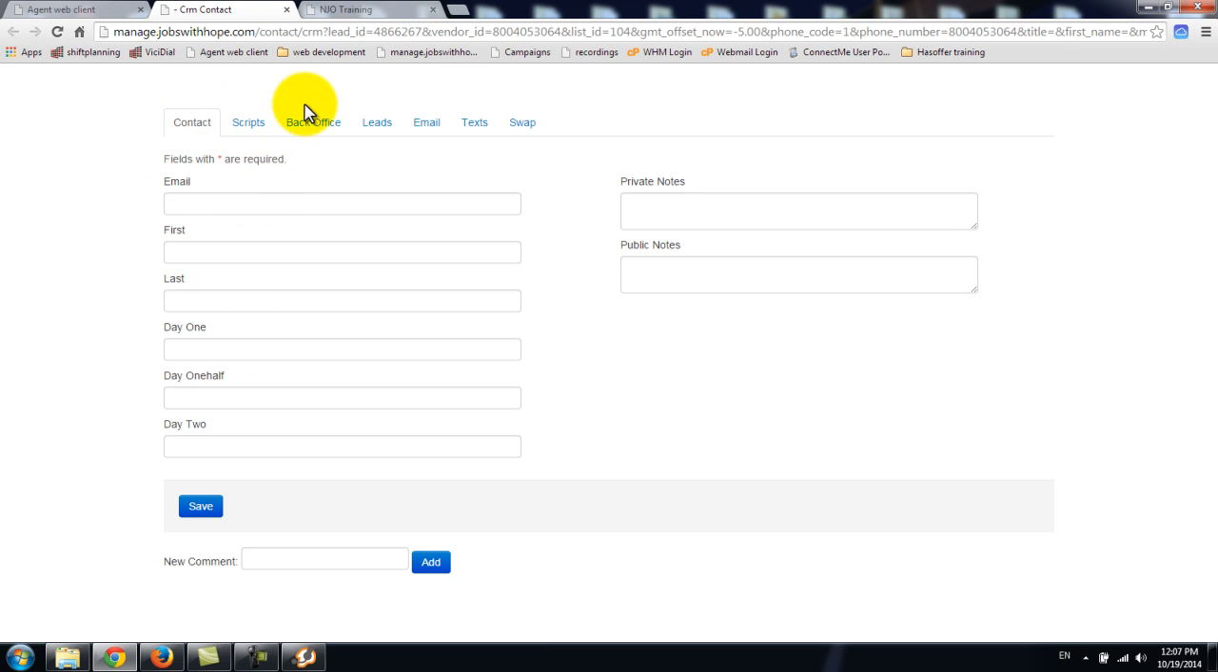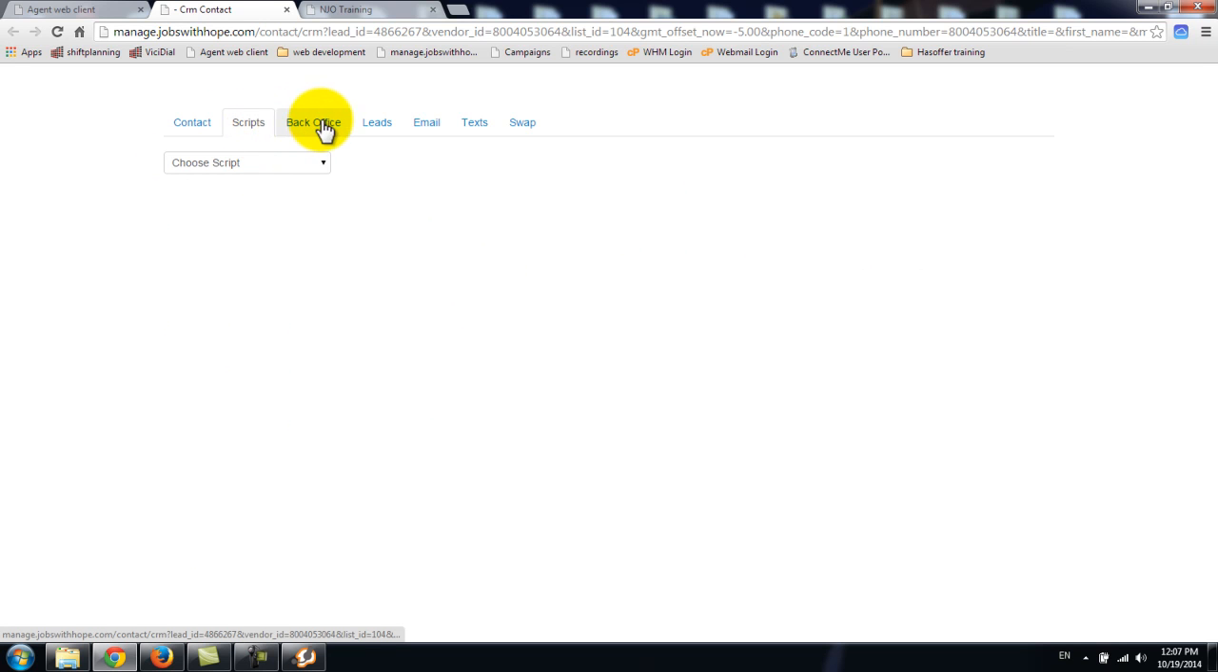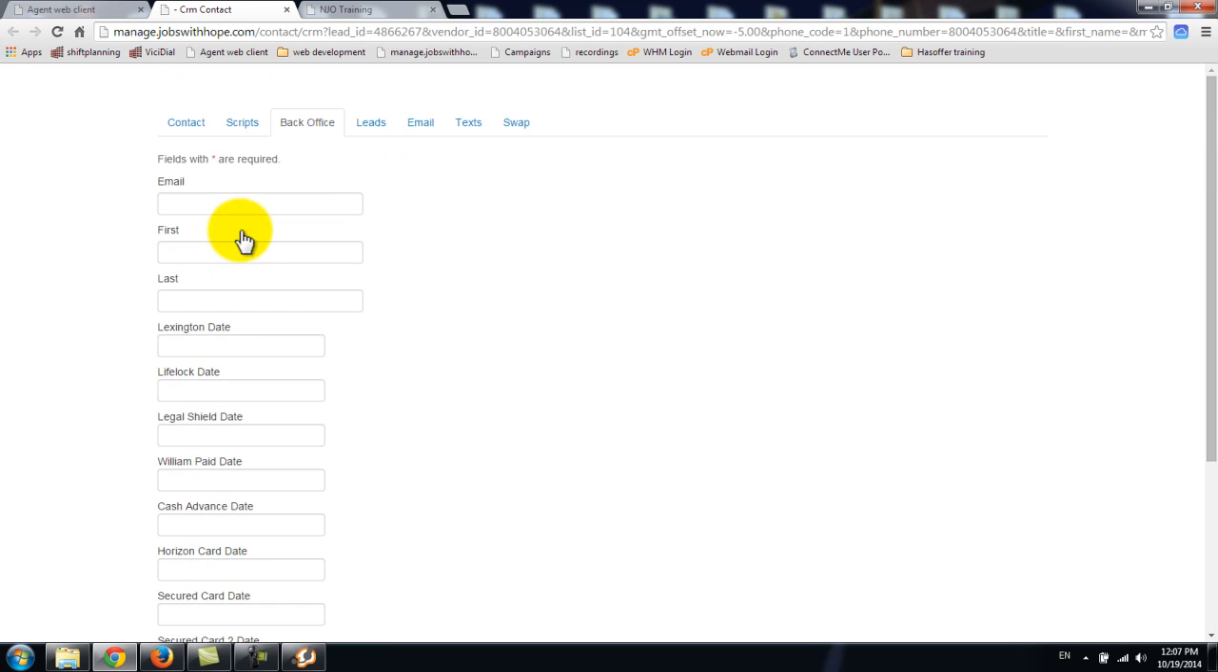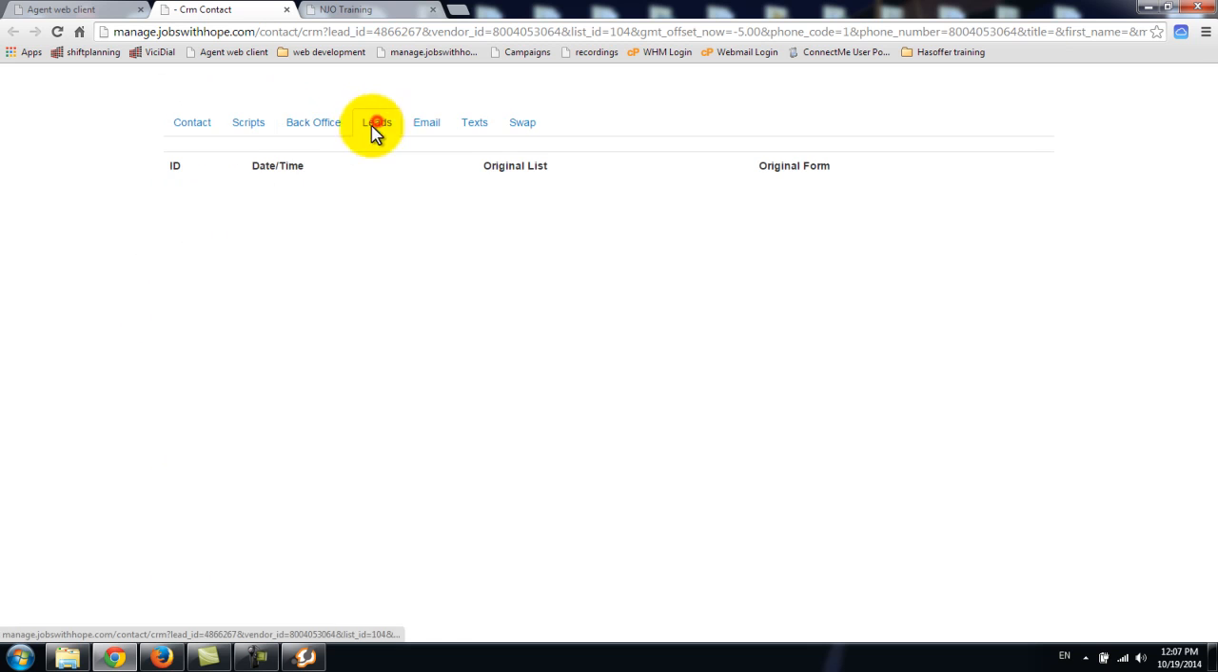It's going to have the contact information, scripts, don't worry about, back office information, which again you don't really need to worry about. Lead information, which is very important. You'll have a little blue box that will show you a lead, and it'll show you when that lead was submitted. Originating form, which web form it was submitted on, and if you click this little blue box, which we don't have for this particular lead because it's our number,